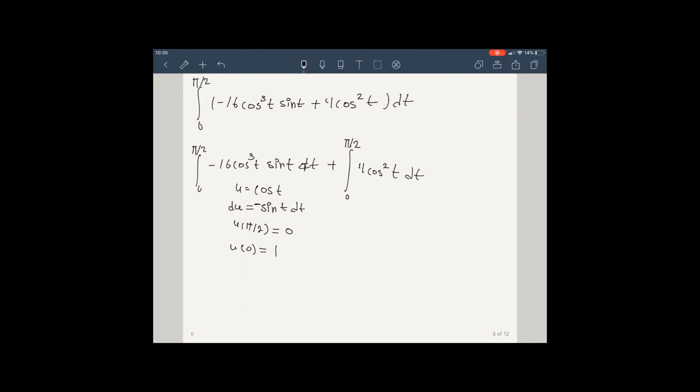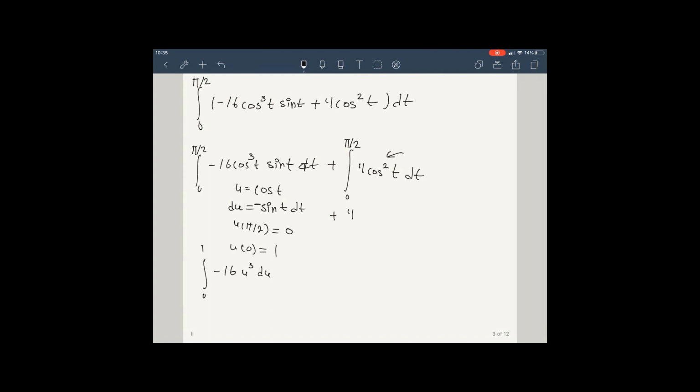I have one negative, another negative, and if I flip the limits of integration, that'll give me 3 negatives, so it stays negative. So I get the integral from 0 to 1 of negative 16 u cubed du, and this one becomes 4